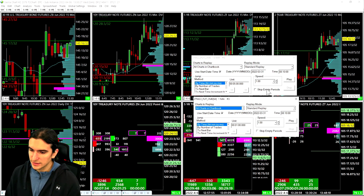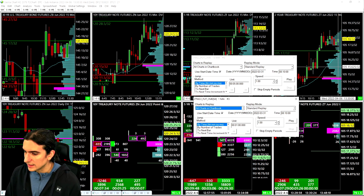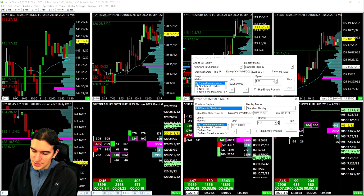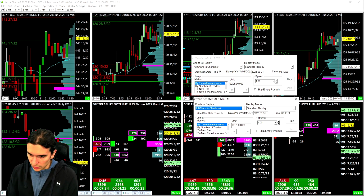But the first thing that I do is I have to download the market depth data, because the market depth, or the level 2 data as some of you know it, is very important data for my own particular way of trading. So my method of trading requires me to have exactly accurate market depth data so that I can replicate that live environment. Luckily, the software provides me with all of that,